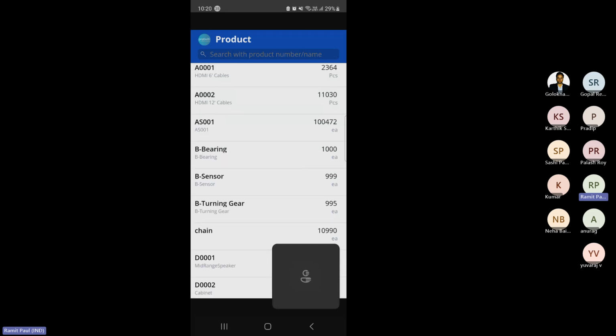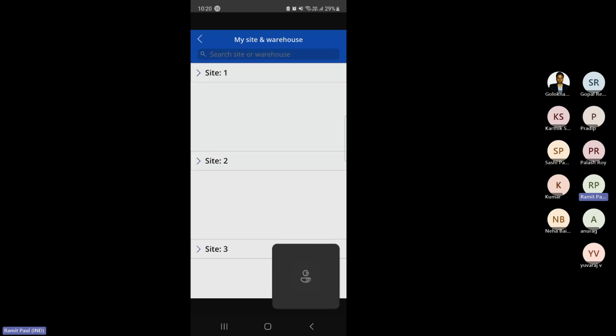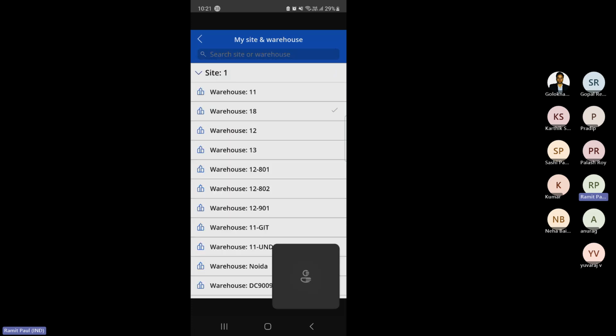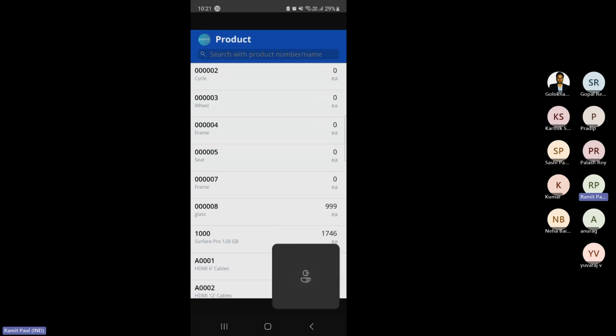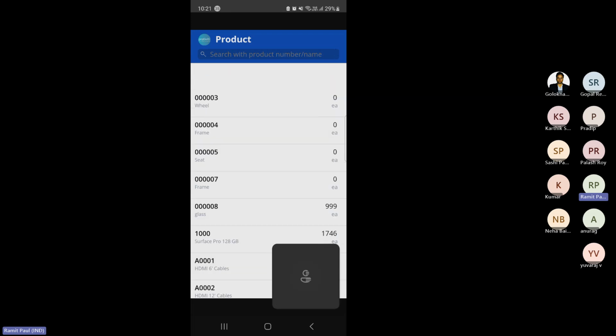Okay. And if I want to see only my site and warehouse, I mean a few sites and warehouses, I can make a filter first. Suppose I want to see this site and warehouse. I will go back and I will be able to see only the stock of the filtered warehouse or sites, not all the stocks. Okay, this is what I wanted to share, the on-hand mobile inventory app,